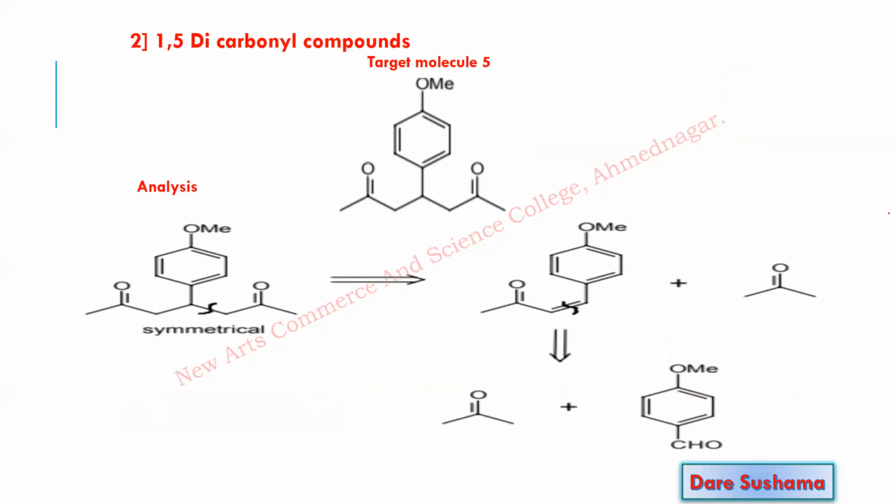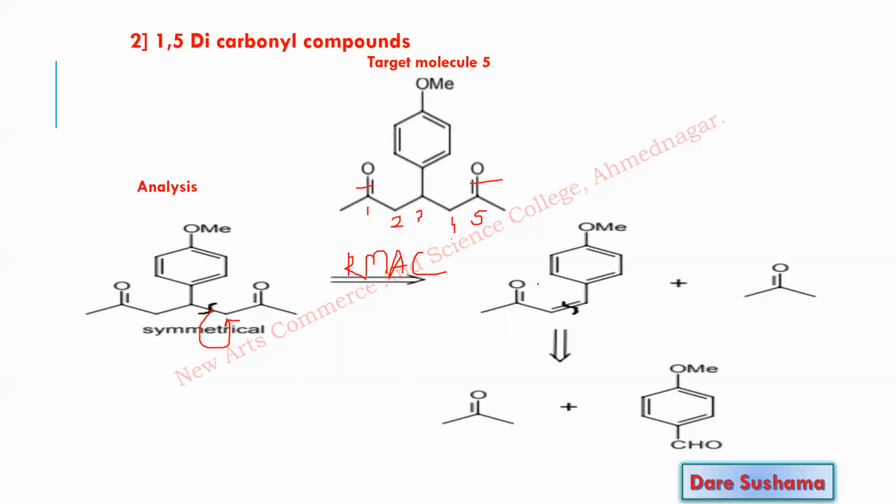Now this is the next target molecule. Here is a carbonyl group, here is also a carbonyl group. The relation is there of 1, 2, 3, and 4, 5. Now, 2, 3 or 3, 4. Here it is symmetric. Number 2 and number 4 are equally substituted. So you can disconnect any of them. It's symmetric. But always remember, disconnection in the direction of the alpha carbon. So disconnect this bond, that is the retro-Michael addition reaction.